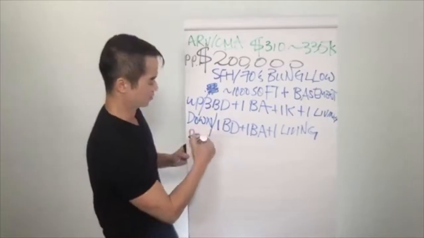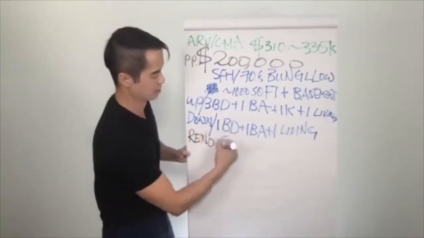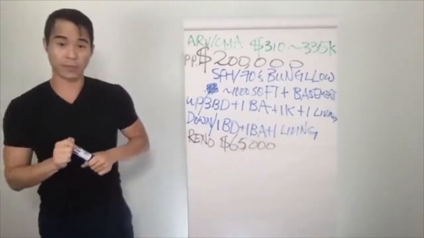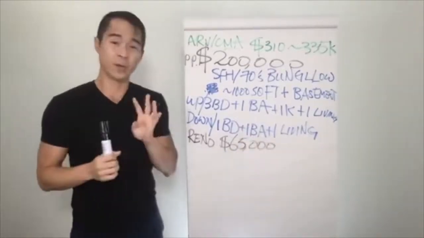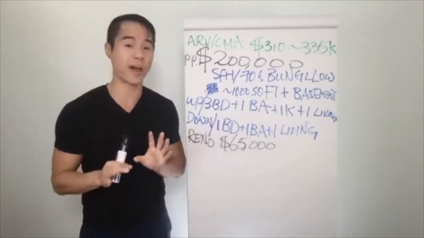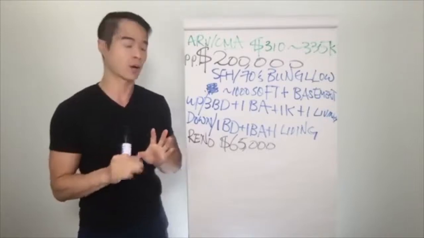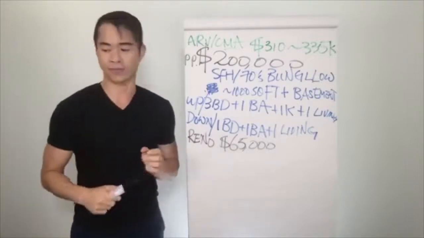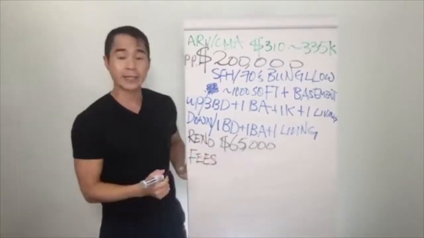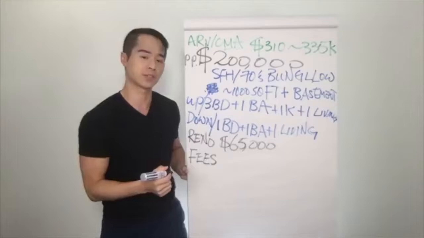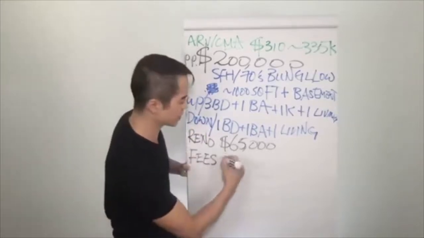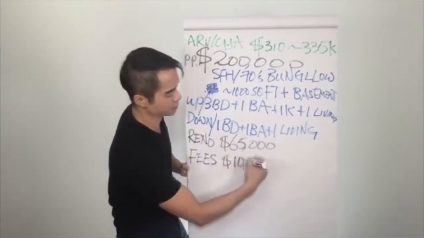Our reno was $65,000. It was a much, much bigger job. So remember, $40 per 1,000 square feet. Technically, we almost had 2,000 square feet that we had to deal with. However, it only took us $65,000. And then fees in terms of exit and acquisition, or acquisition and exit, depends on how you want to look at it. Between acquisition and exit, in total, we spent